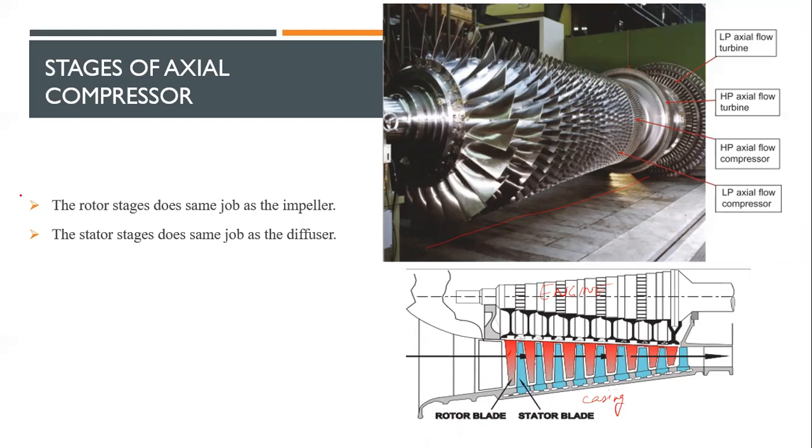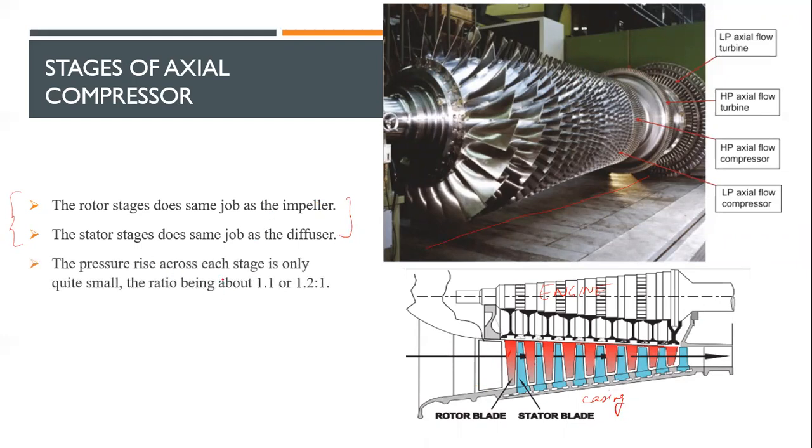All right. Remember this. I've also put this into the notes so that you guys don't confuse yourself. The pressure rise across each stage is very small. It is only 1.2:1. But remember, as I told you, you can see how many stages are there. So if you multiply it by whatever number of stages we have, we can reach ratios of at least 35:1. That is very large. And that is why the axial compressor is used.